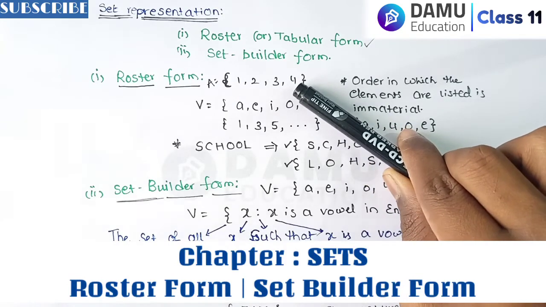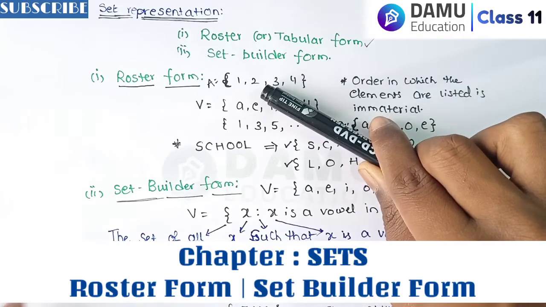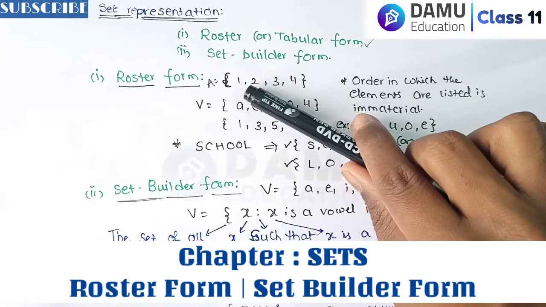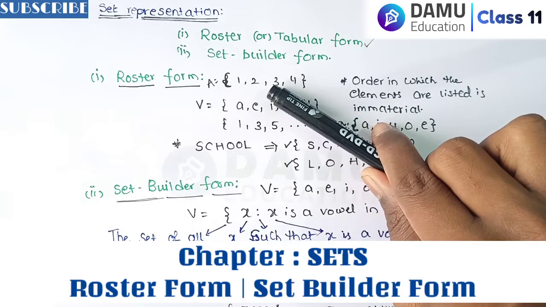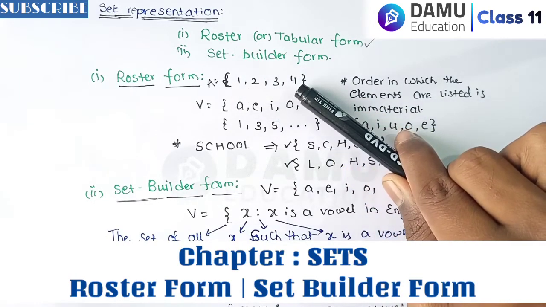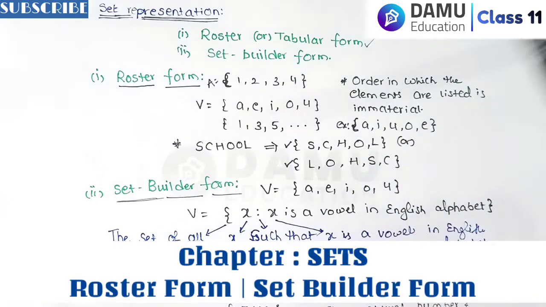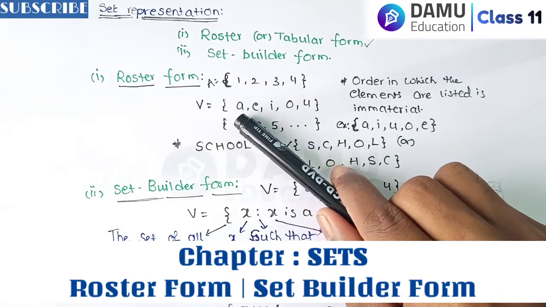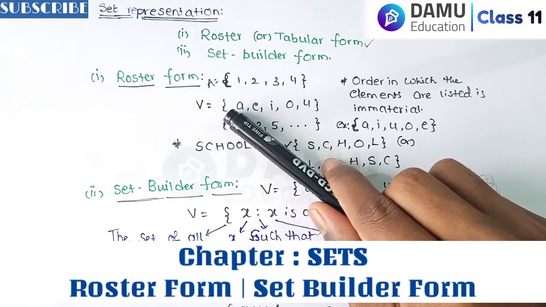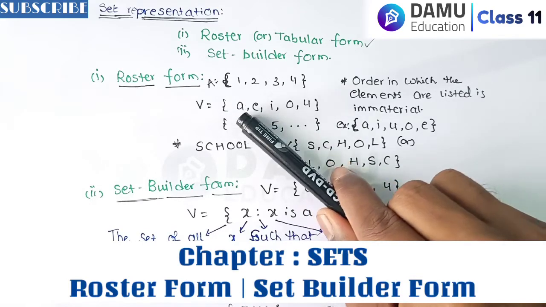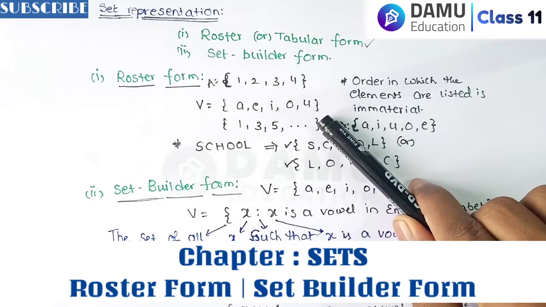So what is meant by a duplicate element? If you want to write 2 again here, you should not write it, and 1 also. The elements which are already present, you should not repeat in the same set. So duplicates will all be eliminated. In this, let's take the vowels A, E, I, O, U. It is started with an open curly brace, A, comma, E, comma, I, comma, O, comma, U, and it is closed with the brace.